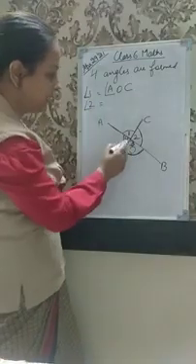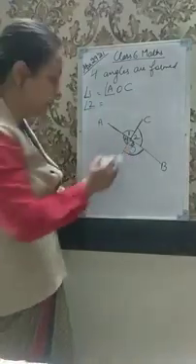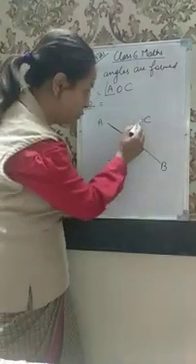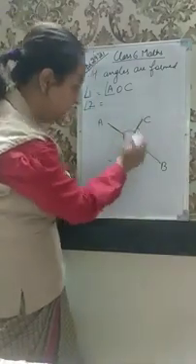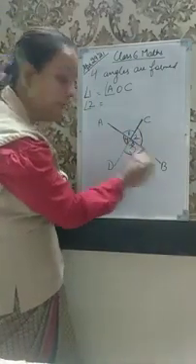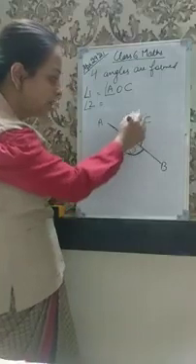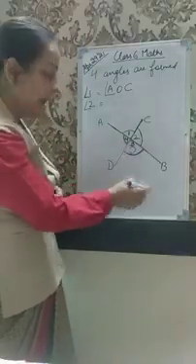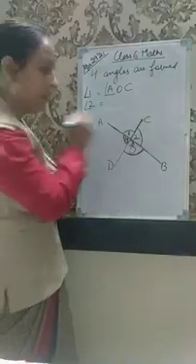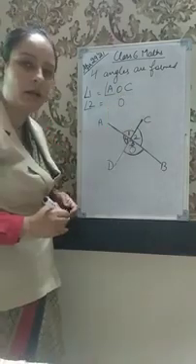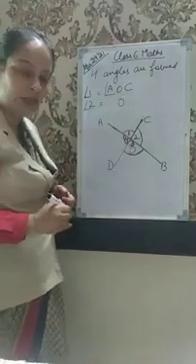Angle 2. Can you see angle 2? What is the midpoint? What is the middle point of the two lines where they are meeting? These are the two rays, the two arms of the angle. One arm is OC, one arm is OB. And they are both meeting at O. So O has to be in the middle, right? O has to be in the middle.